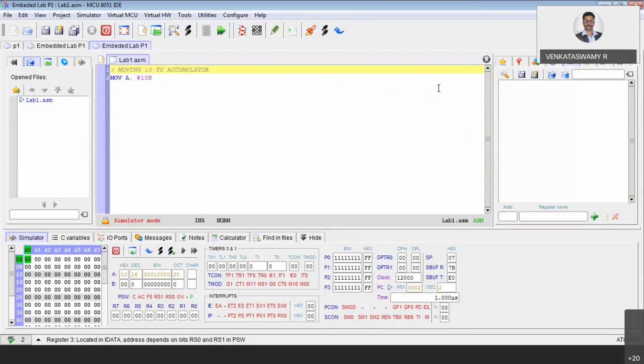I just gave the presenter permission. You can project your screen. Good. You can explain. Now you can do any modification. You can try playing with this data transfer instruction. Gnanadas, did you install Keil C51? No, sir. Okay.